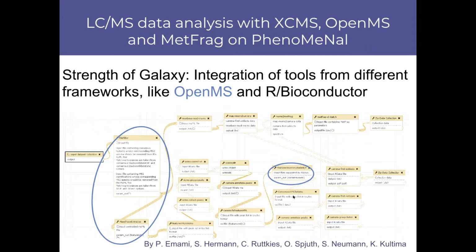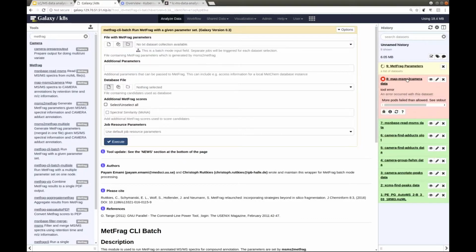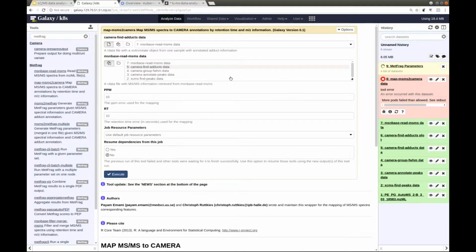Okay, let's move back over to the Galaxy instance and see how far that has proceeded in the meantime. And we see something I didn't want to see. The red item means that this has failed. And I can now see what the failure was here. And I can also try to rerun that. And maybe I got some of the parameters wrong. Let's see if